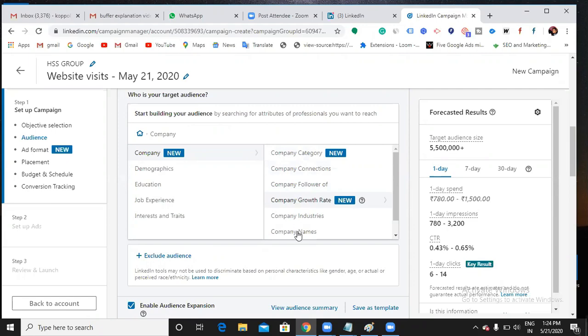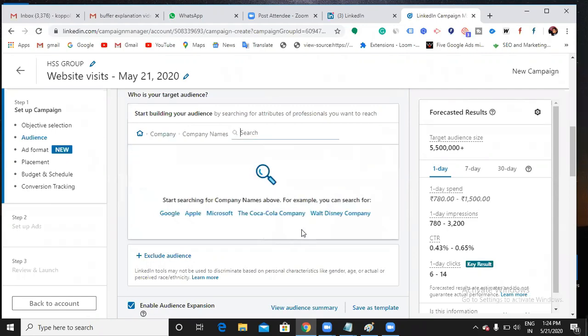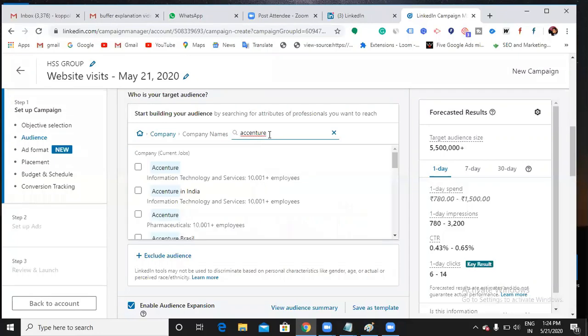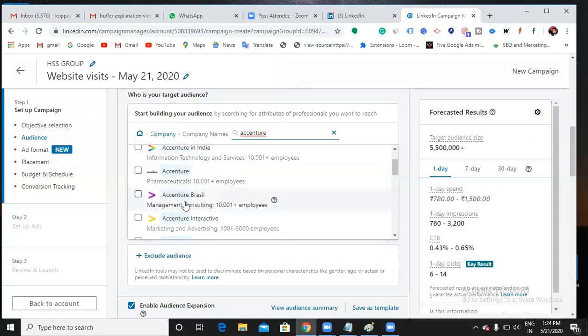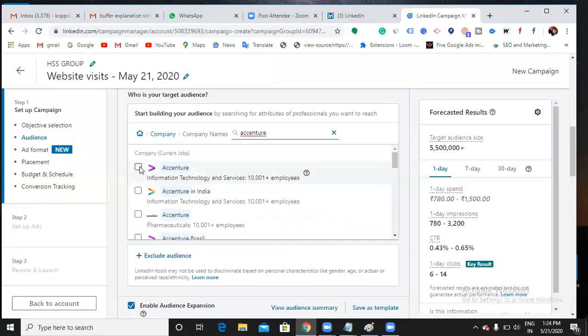Now let us say I want to target the people whose company name is, okay, let me just type Accenture. Here it will show you a few things: Accenture, Accenture India, Accenture Brazil. So let me just choose this one.